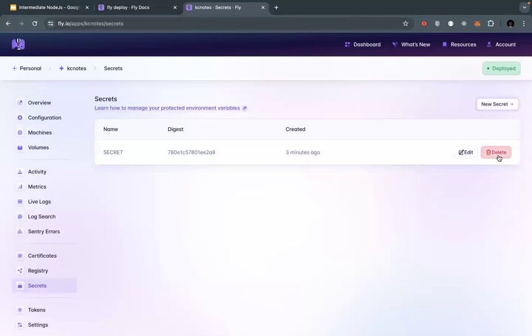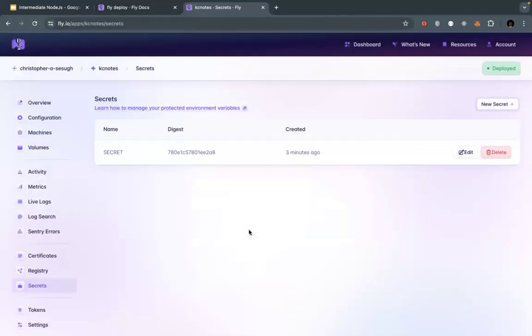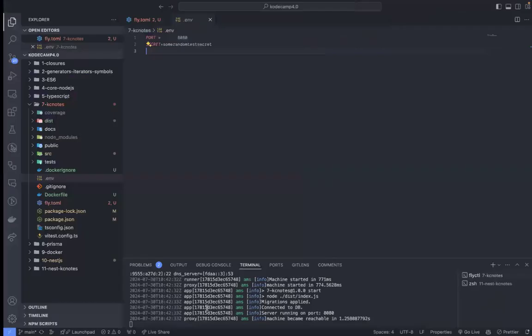But you can basically delete this secret. It will ask you for a secret to trigger a deployment from the terminal, blah blah blah. And then you delete this secret. This is the secret name. So now that we've deleted the secret, you can come over here and then say